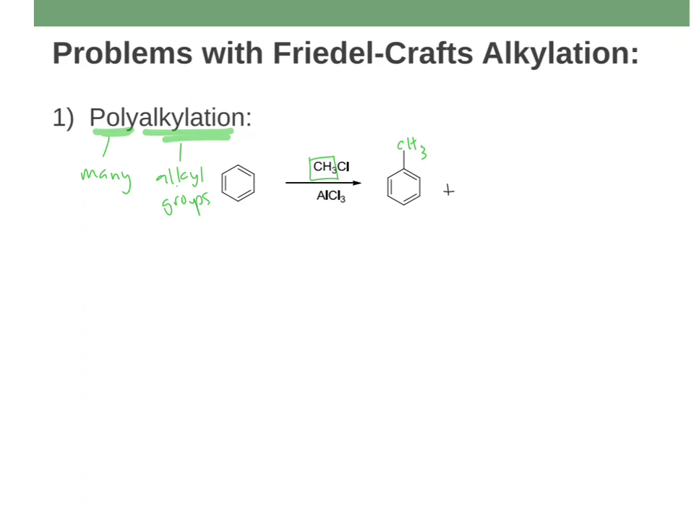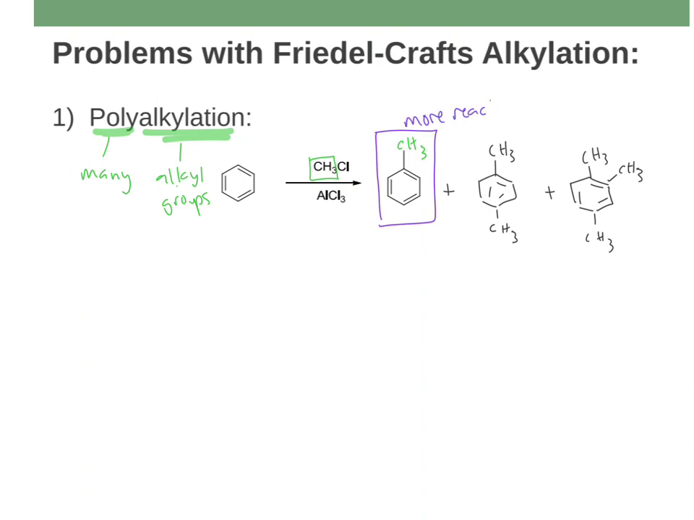But in reality, what you're going to produce is not just that methylbenzene. You're going to get this dimethylbenzene, and if you've already watched the previous videos, that's the para. Or you might get one where there are 3 methyls attached. You might get 3 or 4 or 5. You're going to get many, hence the polyalkylation. And the reason that you get polyalkylation is because this product right here is more reactive than the starting material,